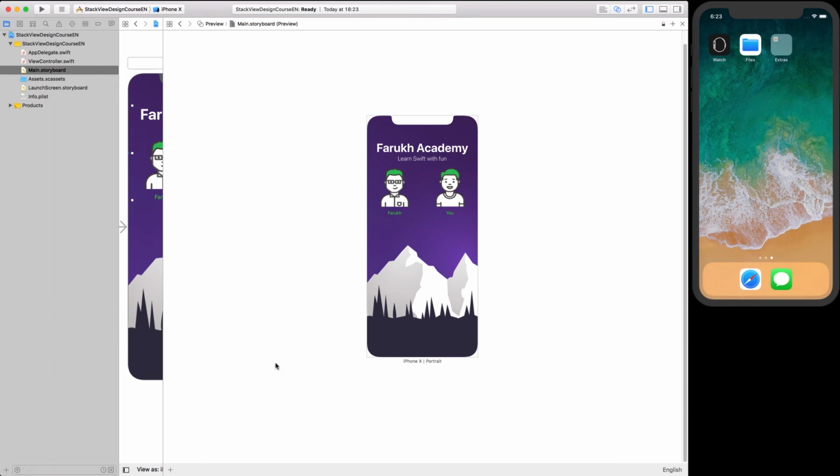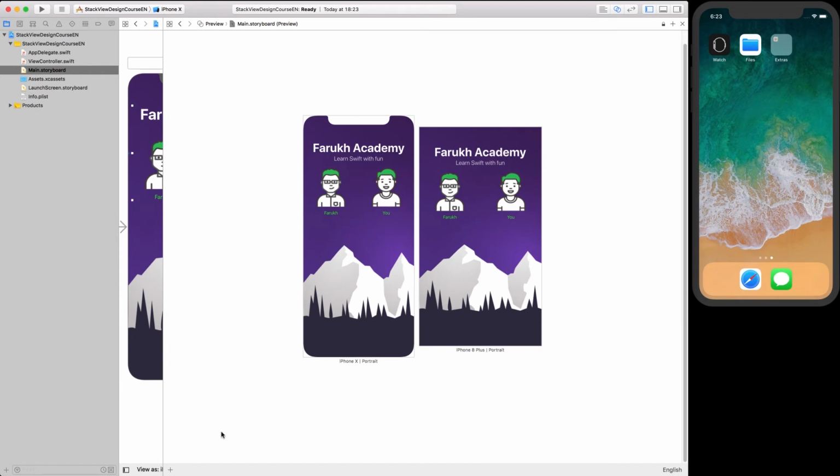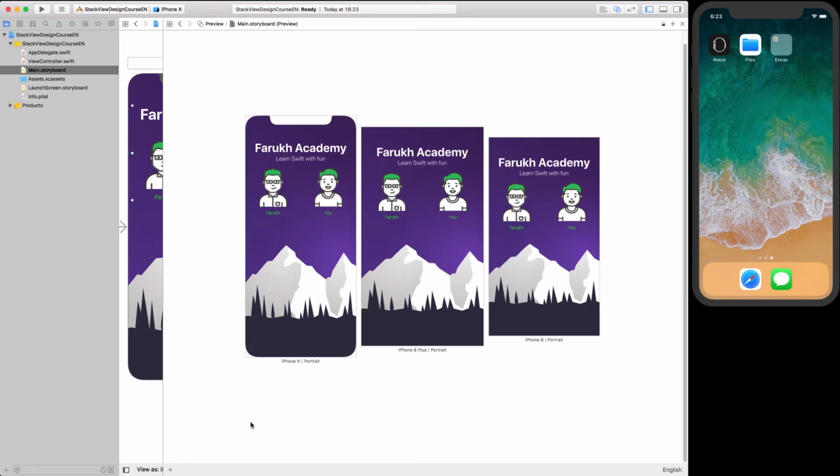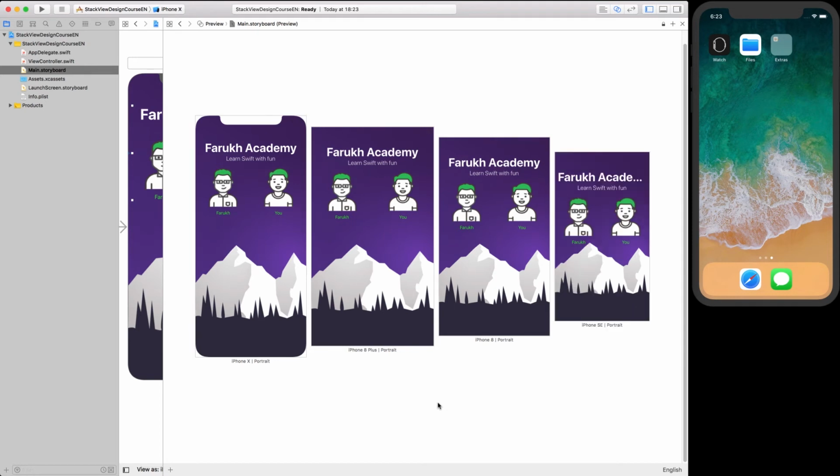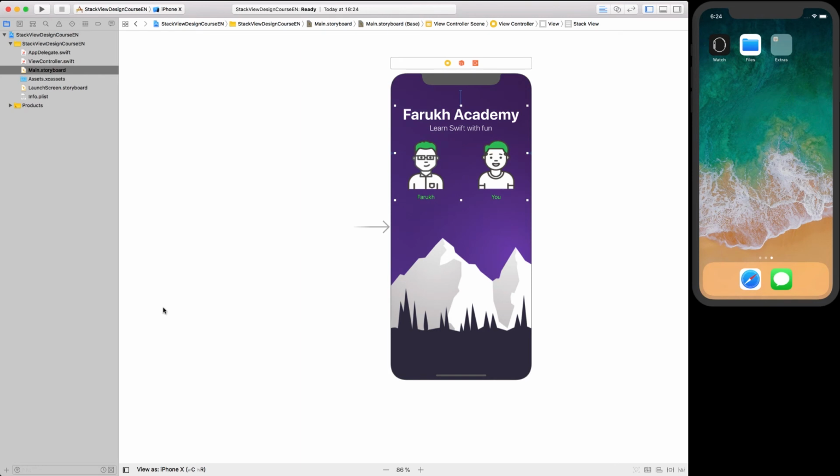we see that it looks nice on the iPhone X, also on the iPhone 8 Plus. Same thing for the iPhone 8, but for the iPhone SE, as you can see, the Farouk Academy label is truncated. Okay, so in order to resolve this issue, we are going back to the main.storyboard and we're going to